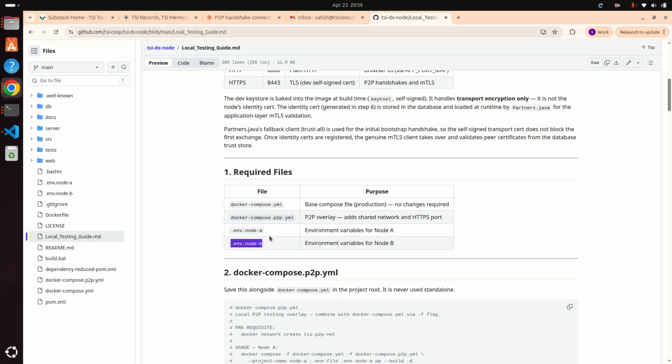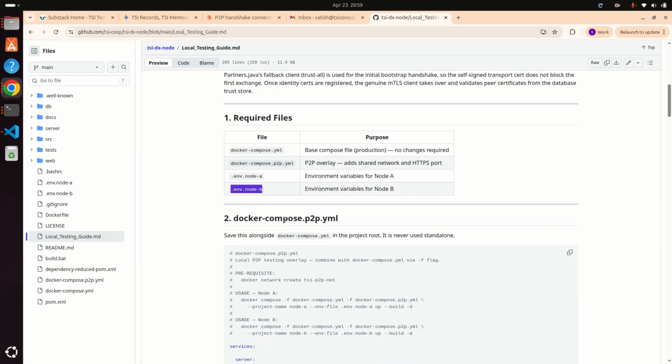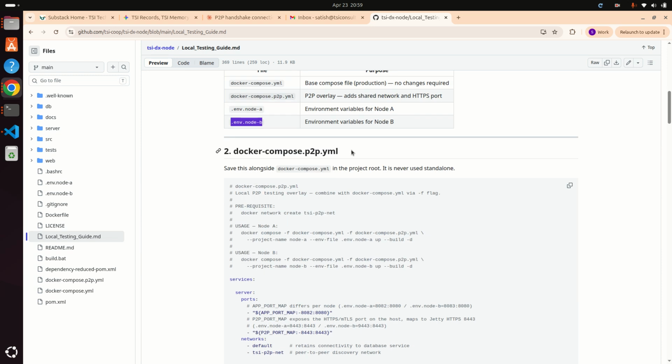Node A is one Docker instance, we are calling it node A, and then there is a node B, which is another Docker instance, we are calling it node B. The idea is to establish data contracts between these nodes and also do the data transfer between them. This P2P YML is also there,